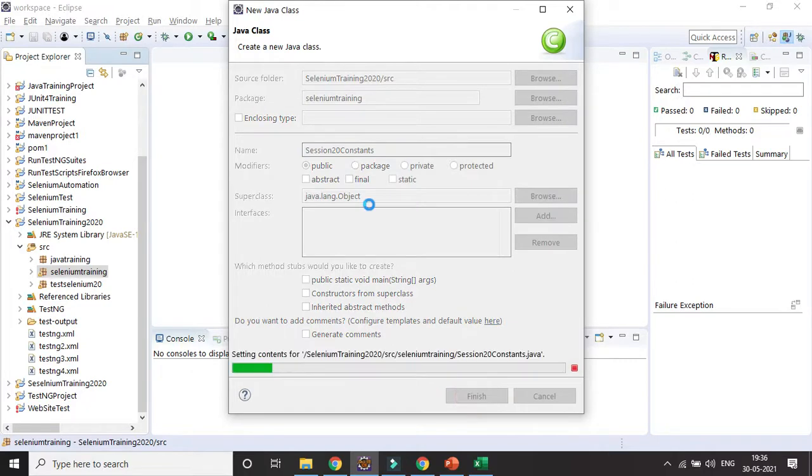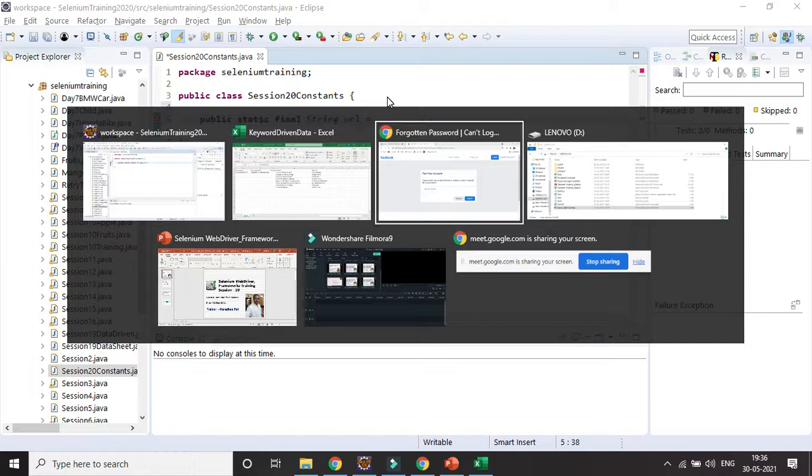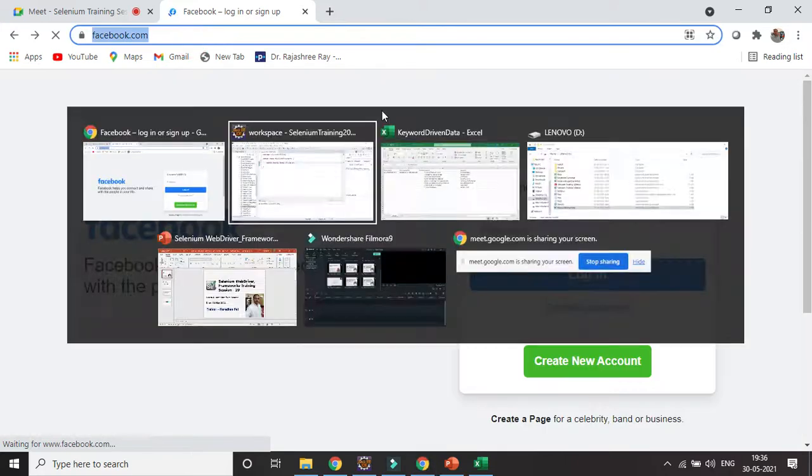So constant, here we will be declaring whatever is fixed in component, which will not be changed, right? So first let's give the URL here. Whenever you will be defining, it should start with public. This is the access modifier. Then you need to give static, so that it can be accessible in other classes easily, right? Final, because it will not be getting changed, so that is the reason we denote them final. Then it is a string, we can give it URL, whatever URL I want to give, and I will be getting the value for the Facebook page, right? So what is the URL for Facebook? I am giving that URL, so that will not be changed here.